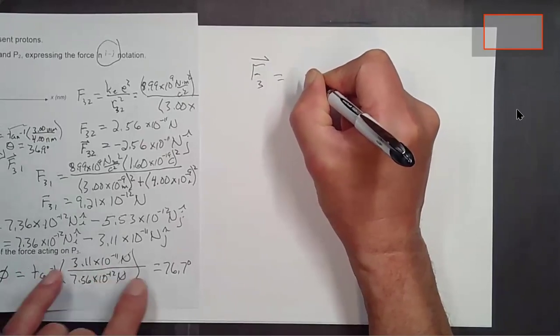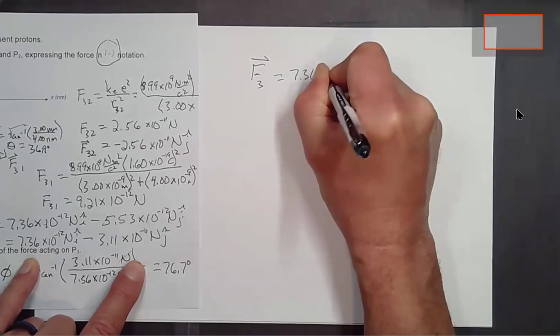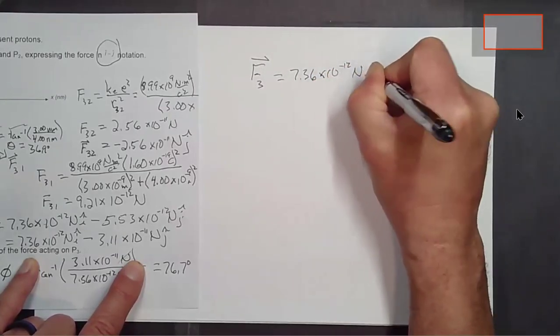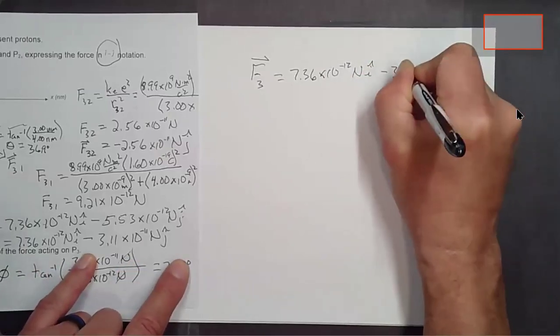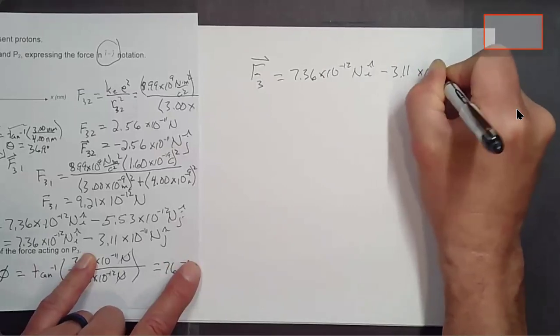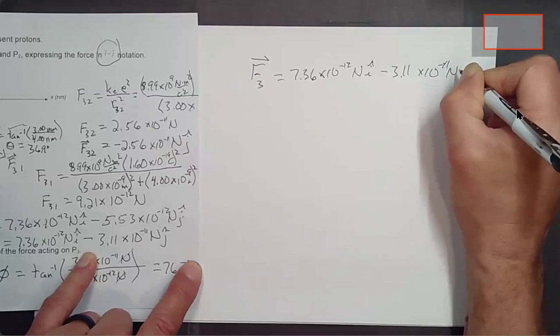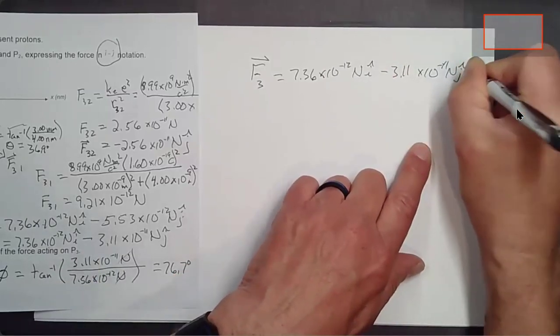Oh, the net force. I'll write that down here. It was 7.36 times 10 to the minus 12th newtons in the i hat direction minus 3.11 times 10 to the minus 11th newtons. That was minus 12. Okay, in the j hat direction. Okay, now